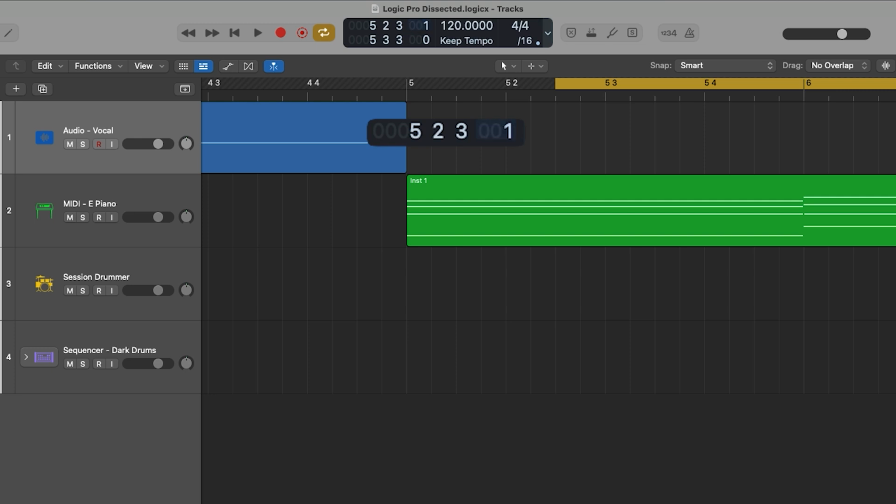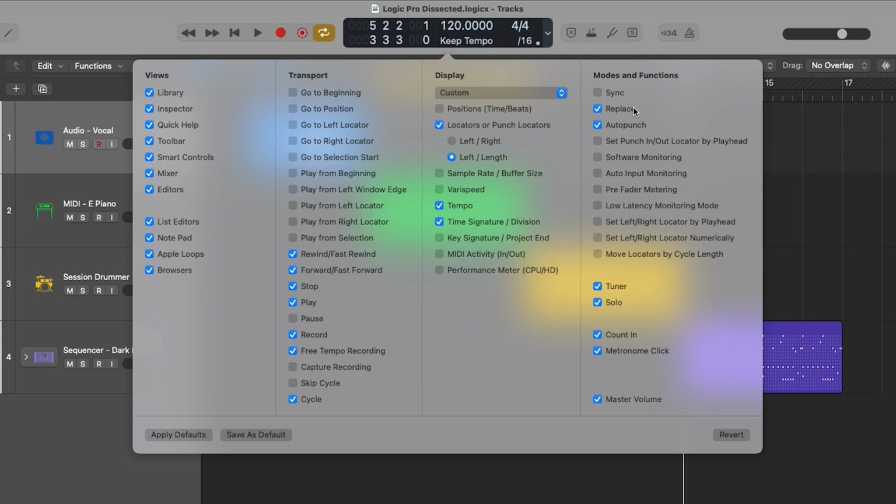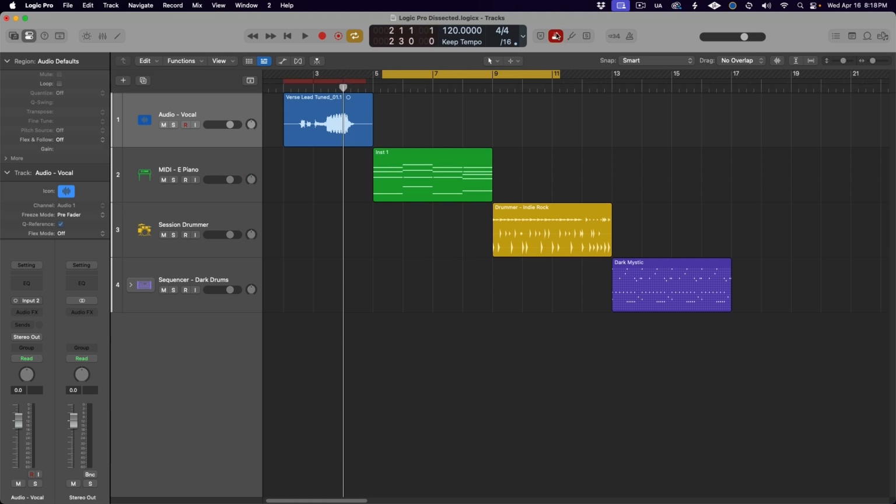Returning to the locator's display options in the LCD, not only can this show the position of the cycle range in left-right or left-length configurations, it will also display the position of the auto punch range when that feature is enabled. Auto punch will be discussed in detail in our final control bar video, but as a